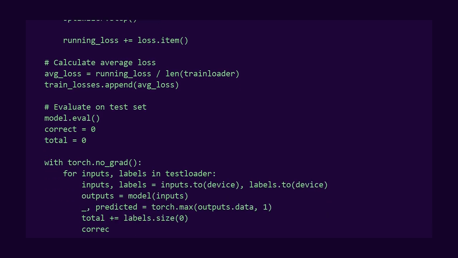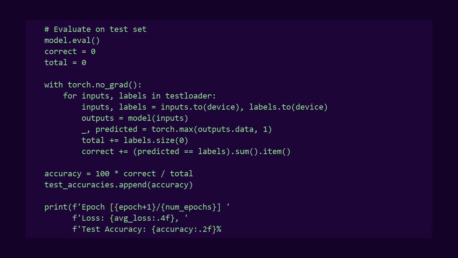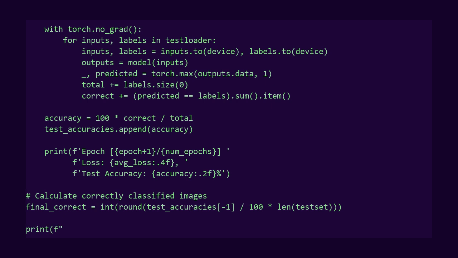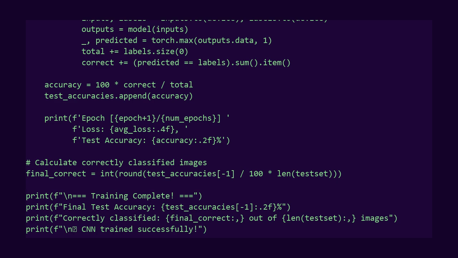Watch the progress. Loss starts around 1.5. Accuracy starts around 48%. The model is learning patterns from the data. As training continues, loss decreases and accuracy increases. By epoch 5, we are at 68% accuracy. By epoch 10, we reach 72%. Final epoch, loss is around 0.38. Accuracy reaches about 75%. From random guessing at 10%, we improved to 75%. The model learned to classify images.